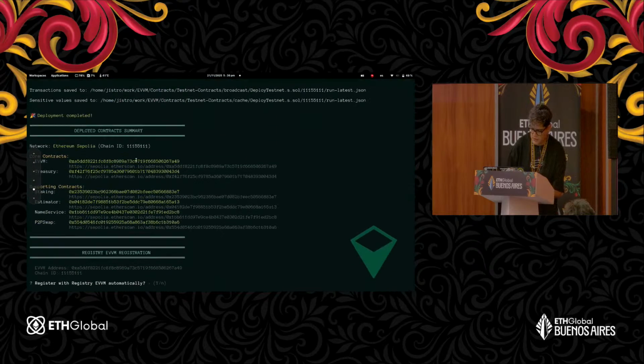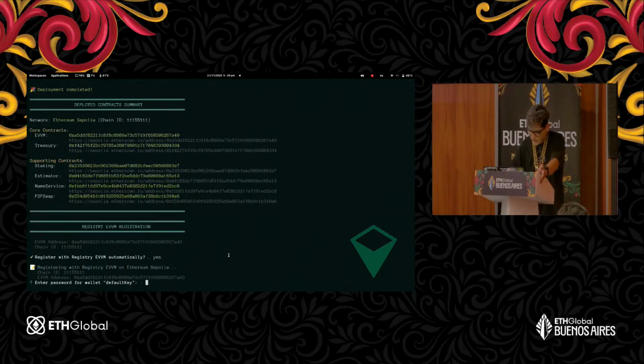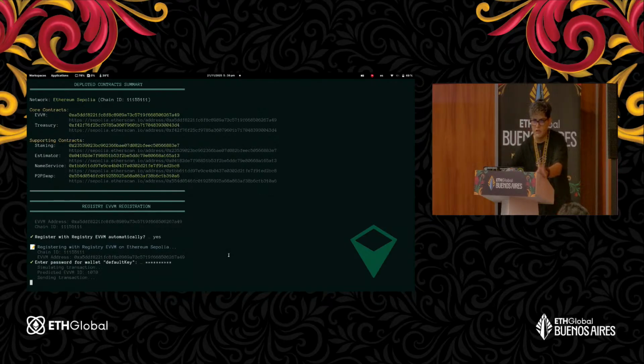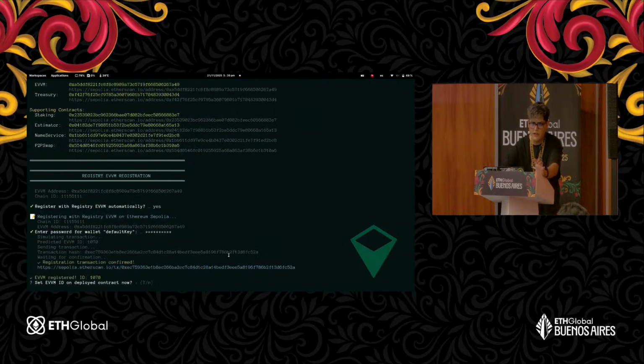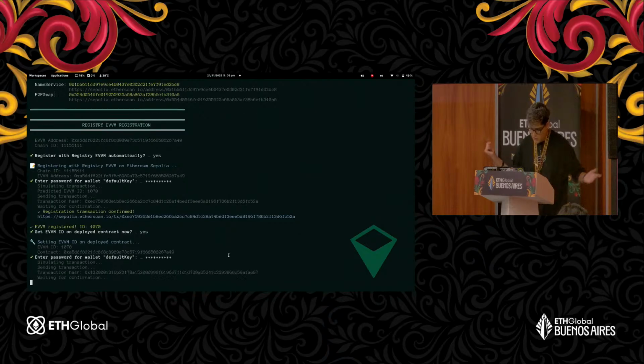Let's check our registration. Right now we deployed our EVVM instance, so we're going to register that EVVM. It's important to register it because you get one unique ID, the same as, for example, the chain ID. The simple reason is to not confuse one EVVM with another. So we verify,